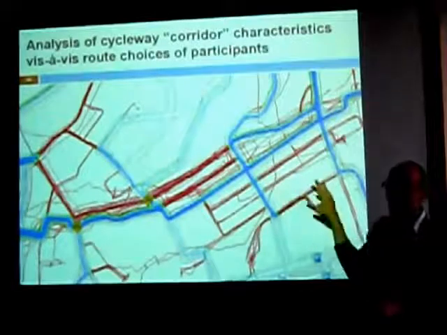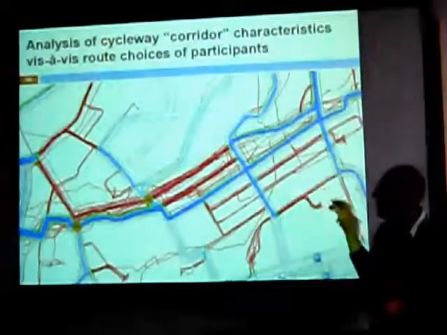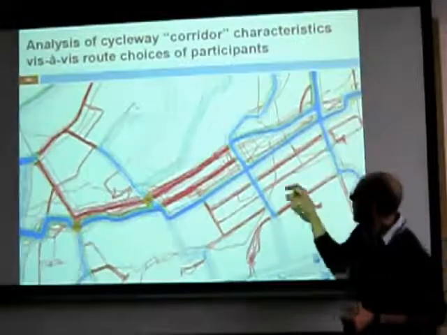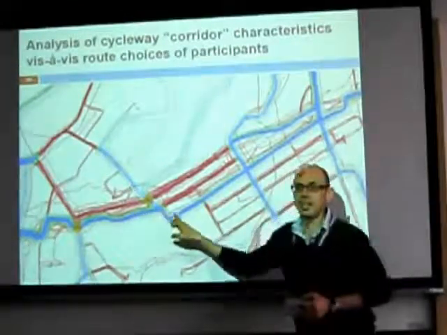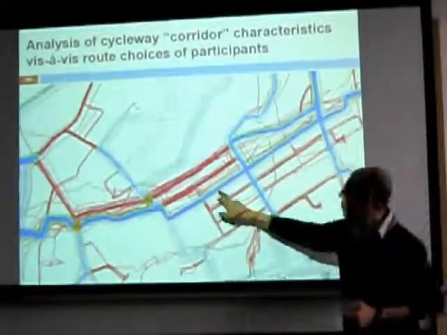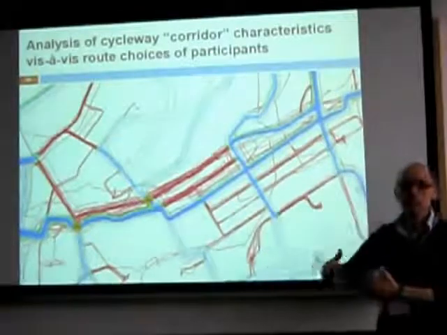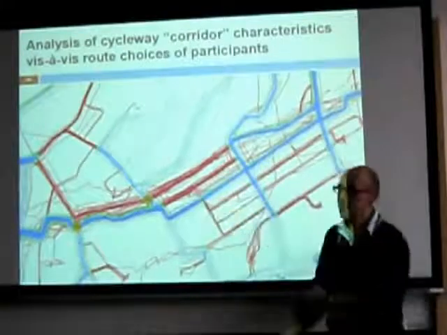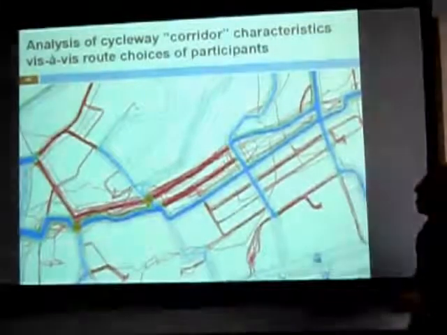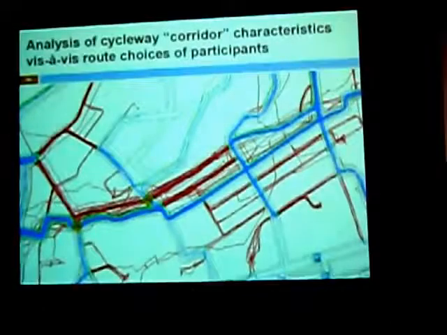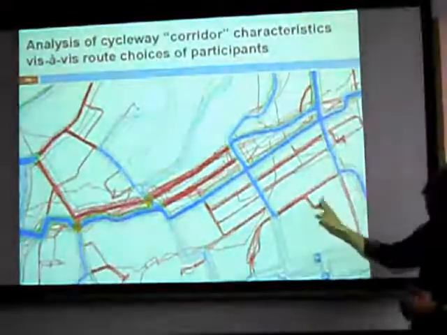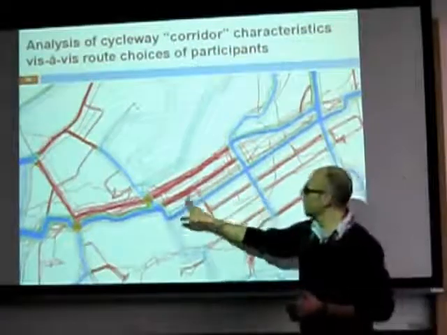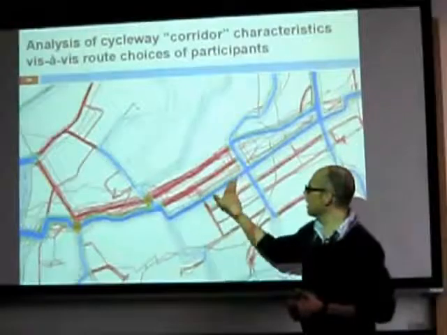So the result of this, what do you see here? All the lines are the tracks from the GPS devices around Newcastle. The blue ones are within the cycling network. The green ones are very close, 10 meters away from the cycling network, and this is the buffer we created. The red ones are the interesting ones that we want to focus on. They are outside the cycling network. Some of them because there is no cycling network around, and some of them just parallel. So these people could be cycling here.